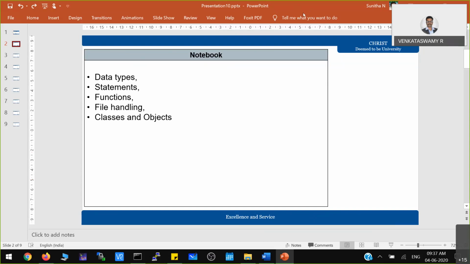So give your feedback. Whether the first unit we covered, I just want to know whether you understood this first unit, any value